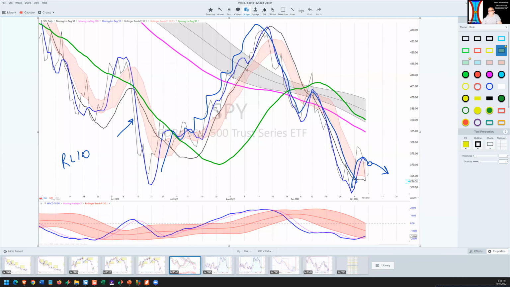This line here is price. So you can see price is leading the RL10 lower. So that's the test of the collapsing dragon right there. So if that breaks below 360, down it goes. And you can see that from here to here on our